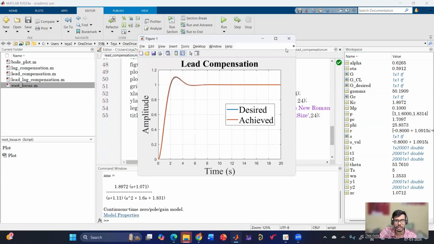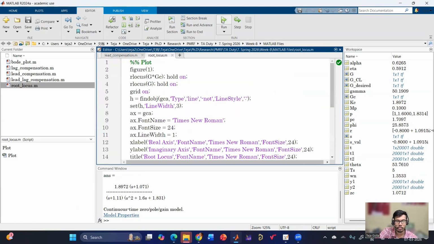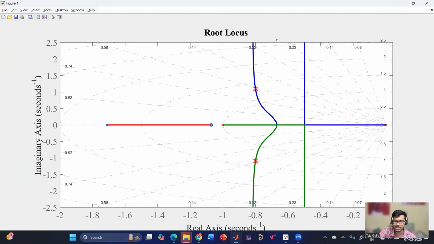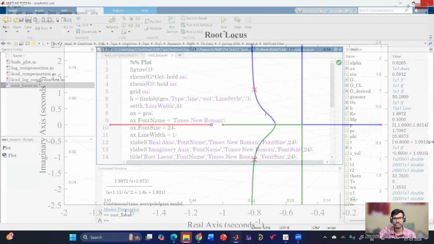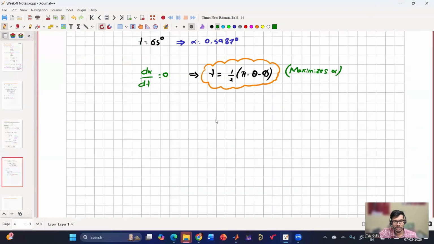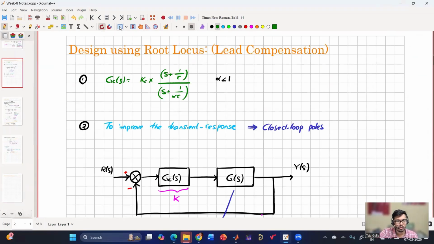And finally, this is my step response. If you see the desired versus achieved, it is perfectly matching. And also the root locus, if you see the original uncompensated versus the compensated, it is perfectly going through the desired pole location, and that's why the desired transient response is being achieved. So this is the overall idea of lead compensation, where we have tried to improve the response. Now, once things are clear, if you have any doubts, you can ask me, else we can move to lag compensation. So just to save some time, what I would like to do is copy